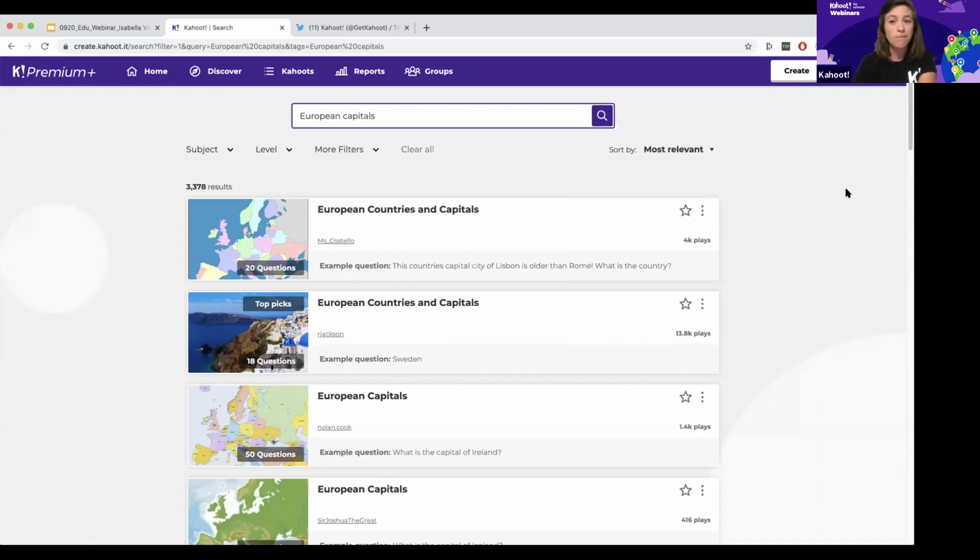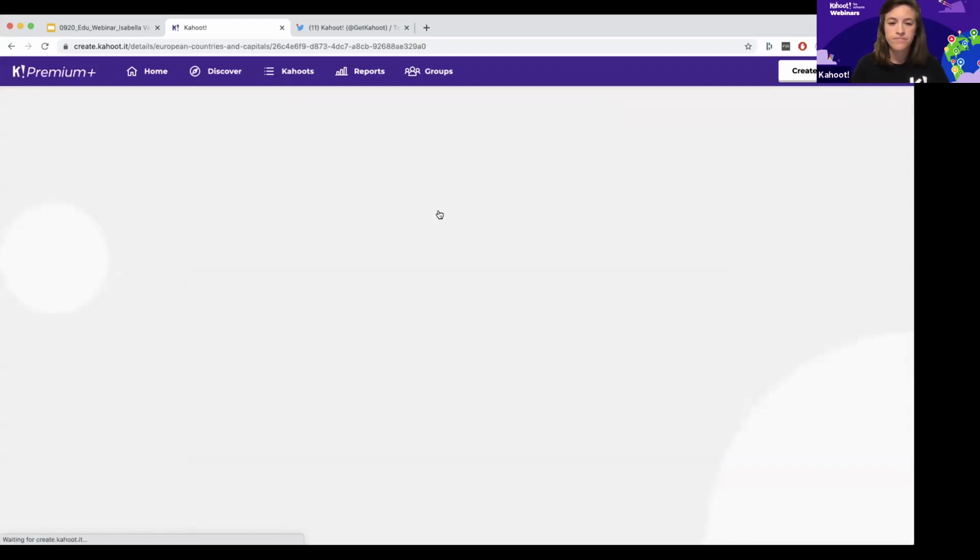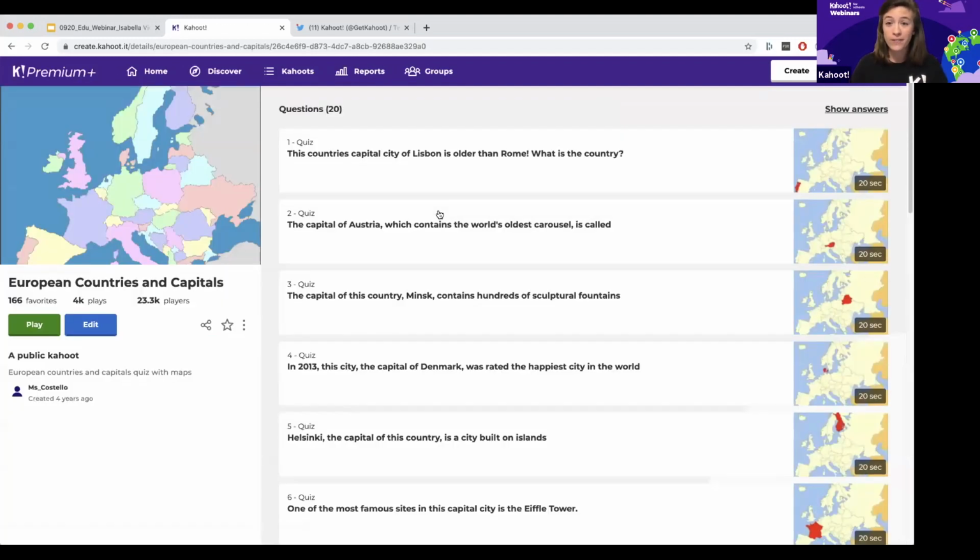That being said, the most important thing when playing a public Kahoot is that you remember that these are created by users, teachers all over the world, just like yourself. Sometimes there are typos, or maybe the Kahoot actually covers a different topic than what you were expecting. The easiest way to prevent any unexpected occurrences is to quickly preview the Kahoot before you actually launch it with your class. To do that, you can click on the Kahoot and it'll actually load all of the questions and